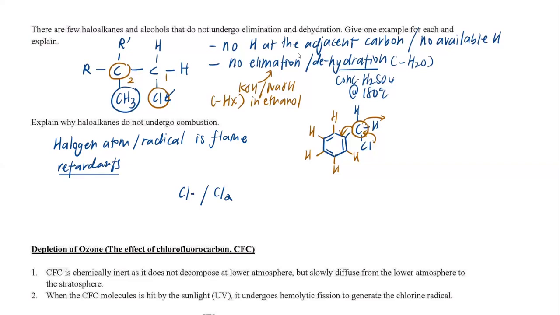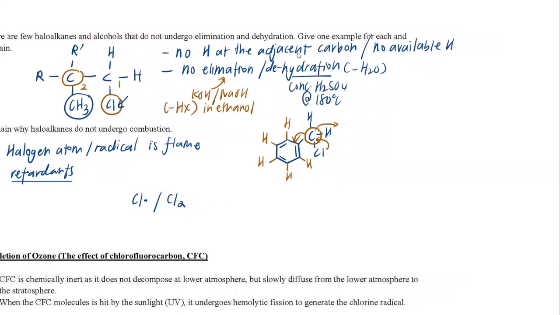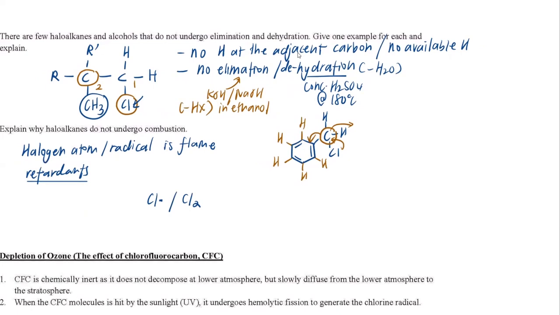deflame your combustion. It can put out the fire. Why is that? Because chlorine has strong bonds present in it. So that's why it is chemically inert. A chemically inert compound that goes into combustion cannot burn, it cannot break bonds, and finally it can put out the fire. So that's why in